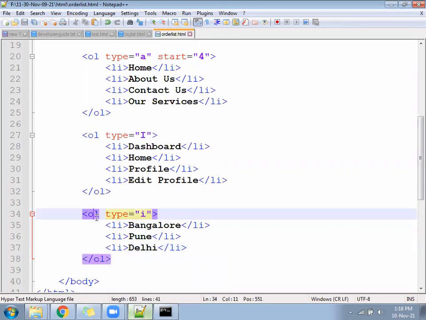Okay, so this is called ordered list. In total you have 5 types. Type is a number, type is a capital A, type is a small a, type is a Roman capital I, and then type is a small Roman i. So these 5 types you have. Using HTML, we have this many types. Using CSS, we can create our own type, our own property, and apply it for ordered list and unordered list.